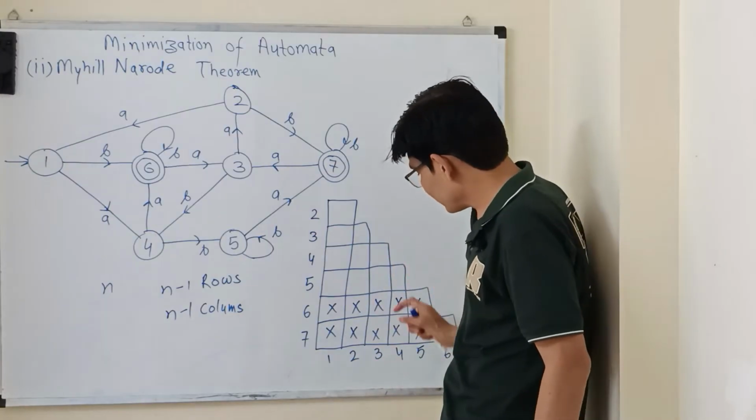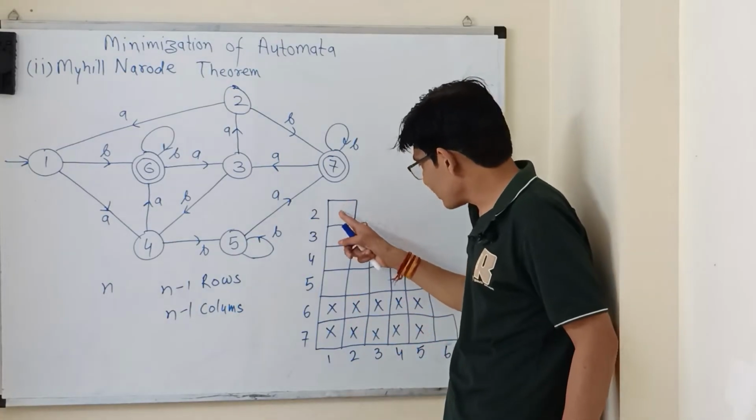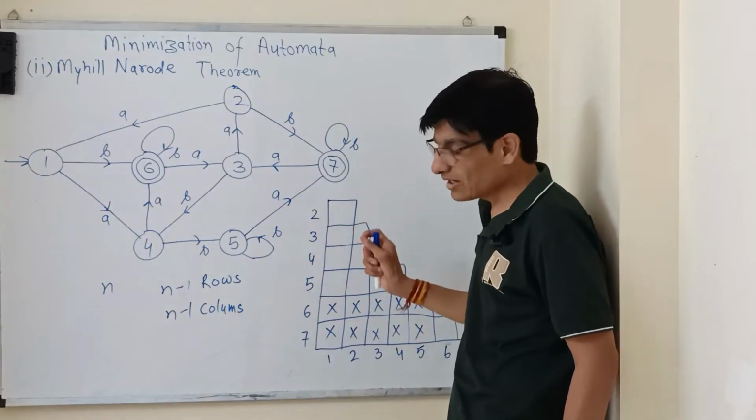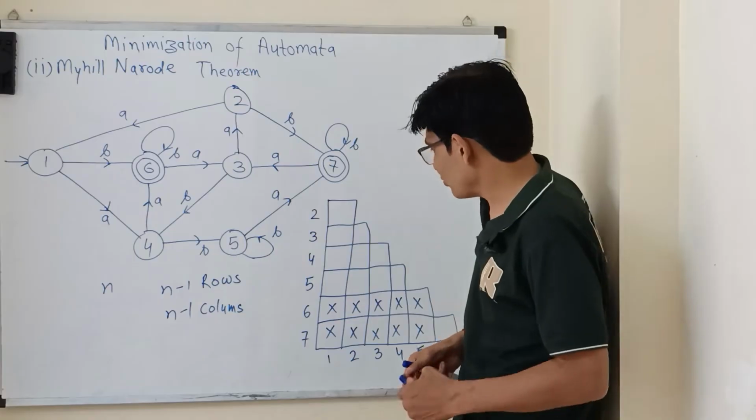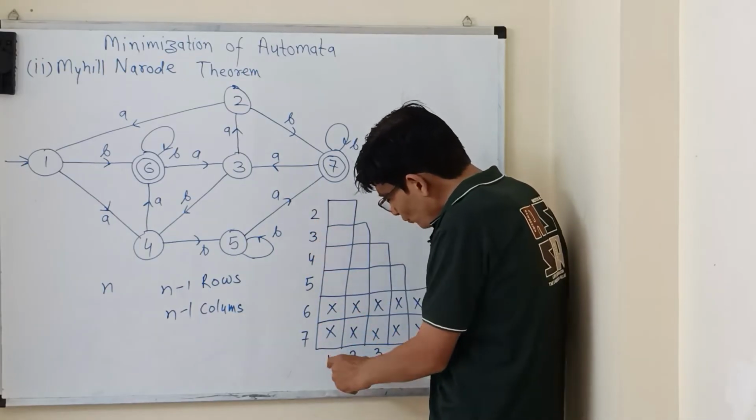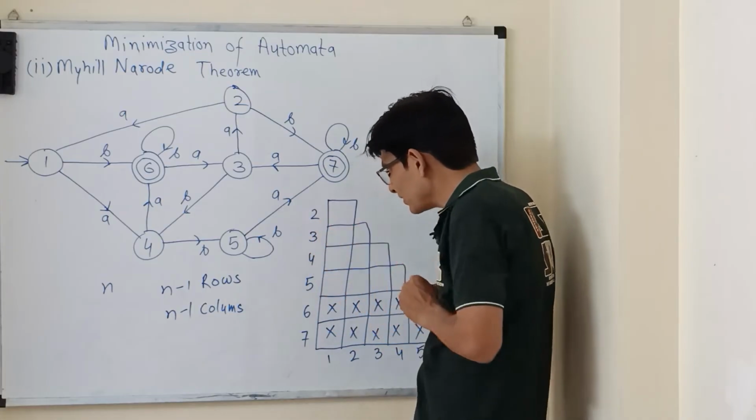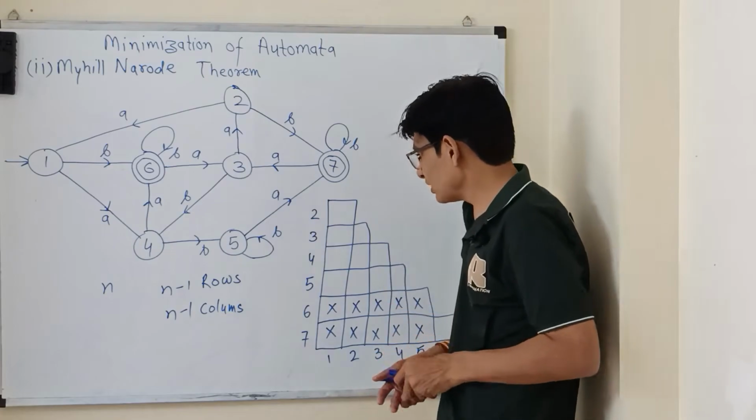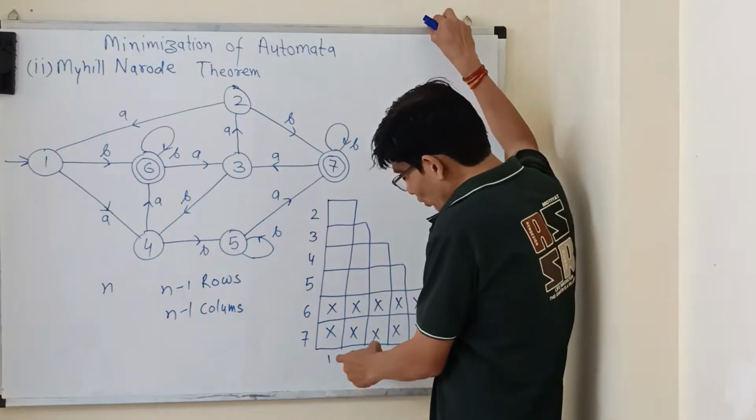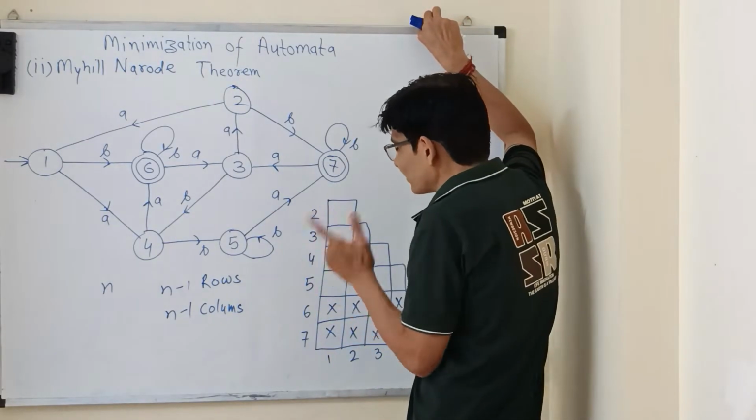So now, based on the first criteria, we have put some crosses. Now we will try to put a cross in these blocks on the basis of the transitions. Now we try 2 and 1 on this block. We try 2 and 1 to put a cross. So how can we put a cross here? If we are checking 1 and 2, or 2 and 1,